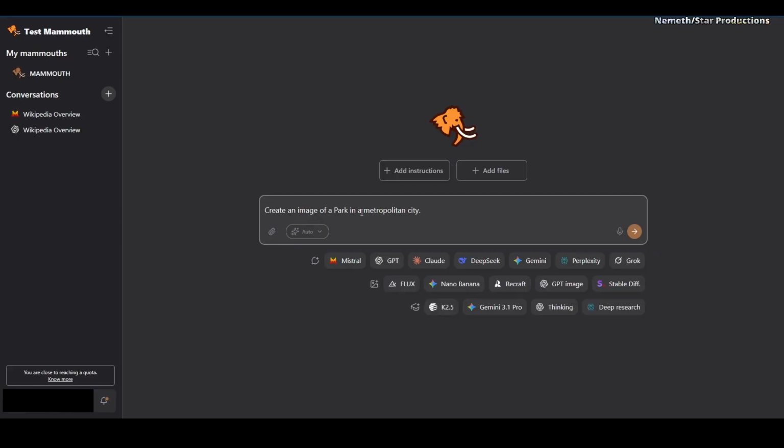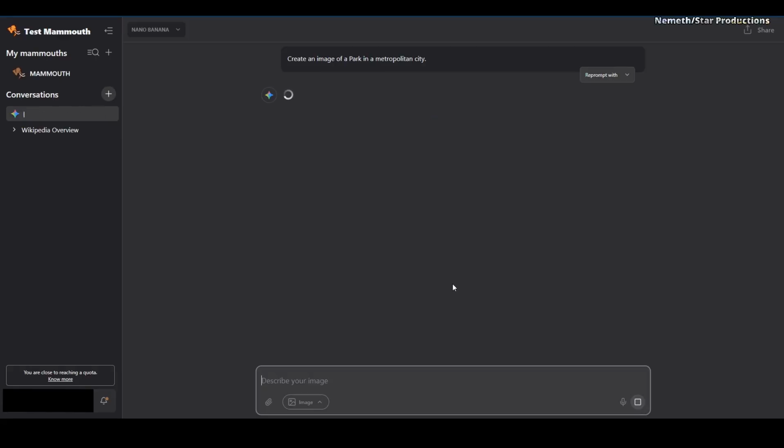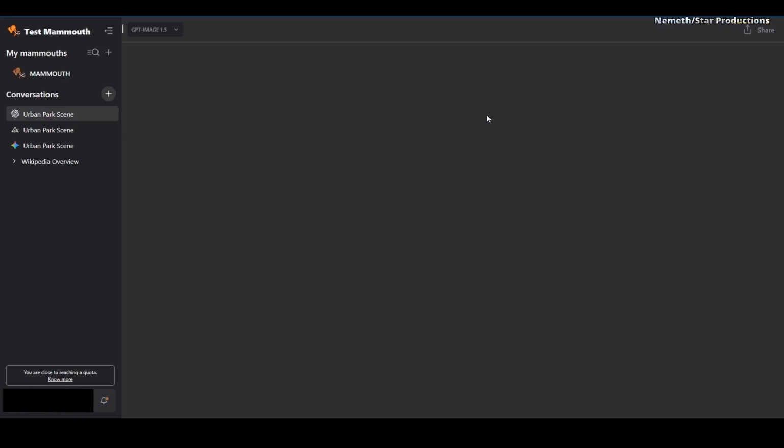So now let's check the image creation, and we start with Nano Banana. And at the same time, when Nano Banana still works, we can send the same request to Flux. And we can send it also to ChatGPT Image.